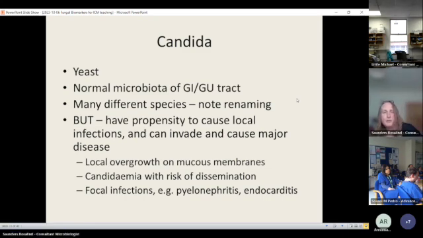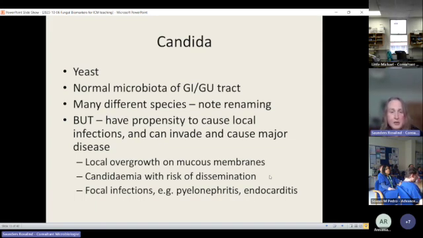So Candida do have a propensity to cause local infections, as an example being oral or esophageal thrush or vaginal thrush. But in certain patient groups, they can invade and cause serious disease with high morbidity and mortality. Many of you will have heard the microbiologists on your rounds talking about candidemia, and we worry about it disseminating